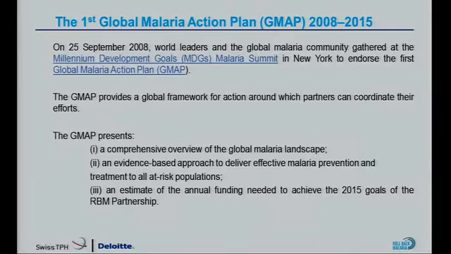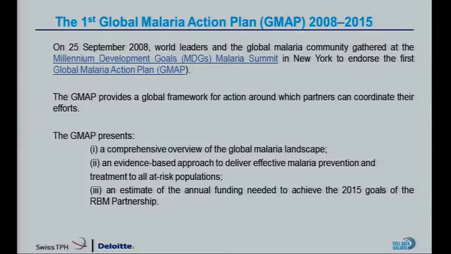This first version of the GMAP presents first a comprehensive overview of the global malaria landscape, but also an evidence-based approach to deliver malaria prevention and treatment to all at-risk populations. And finally, it gave an estimate of the annual funding needed to achieve the 2015 goals of the RBM partnership, with unfortunately a big funding gap remaining until today. So that first version of the GMAP was designed to cover a specific time period, 2008 to 2015, and since